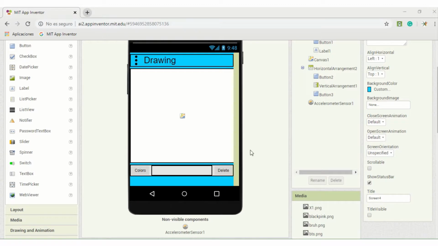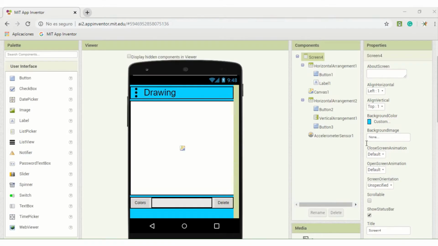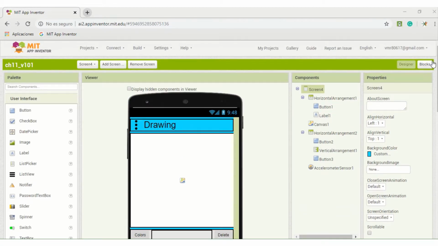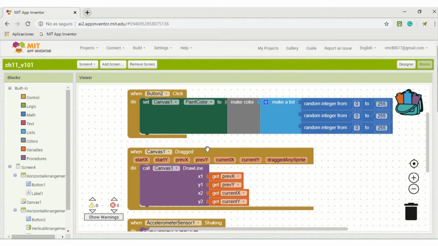Also we have here an innovation that is like a drawing space. We have two buttons, one to delete, one to change the color, one for the menu, and the title. Here we have the canvas element that is going to allow you to make any drawing that you want. So when you click the button 2, the set canvas paint color is going to change for a color